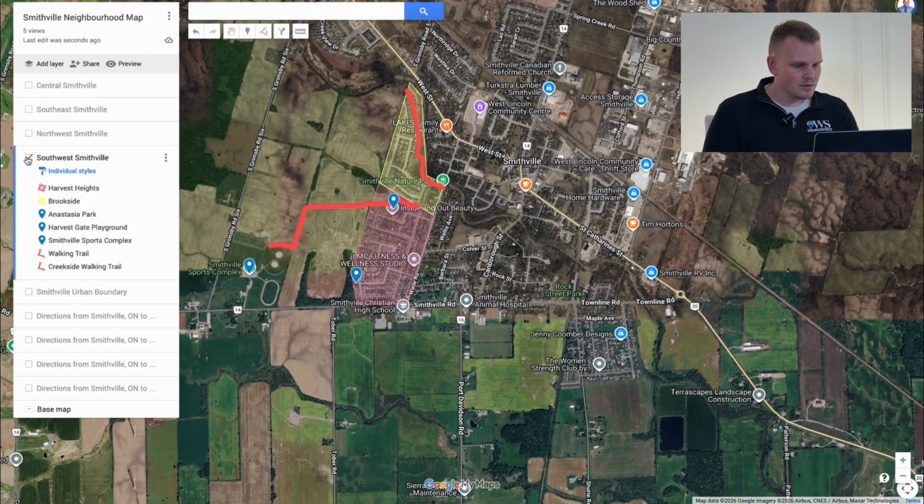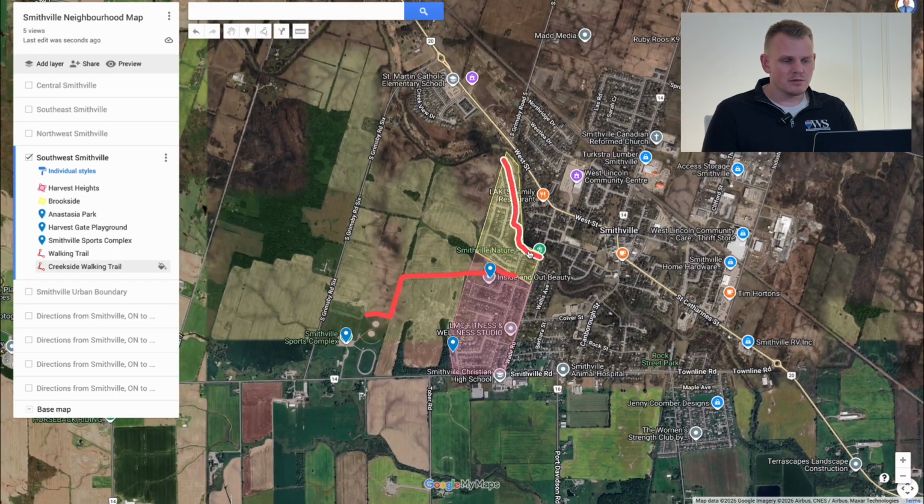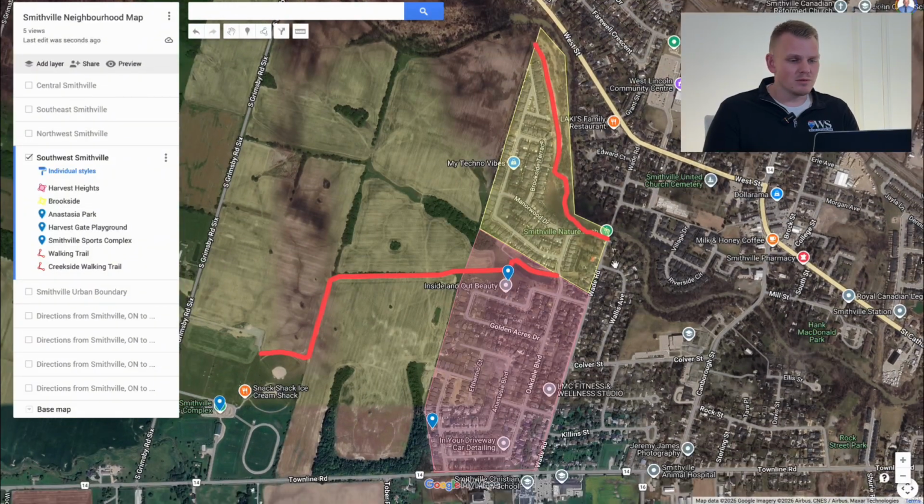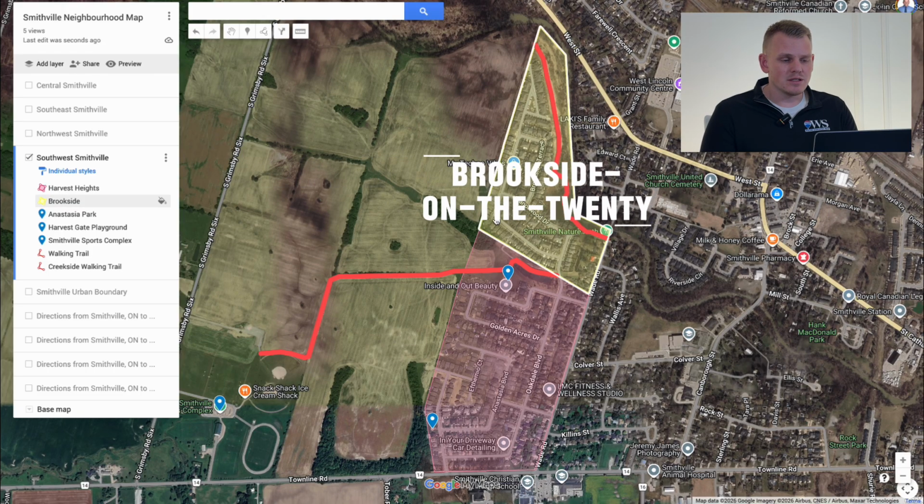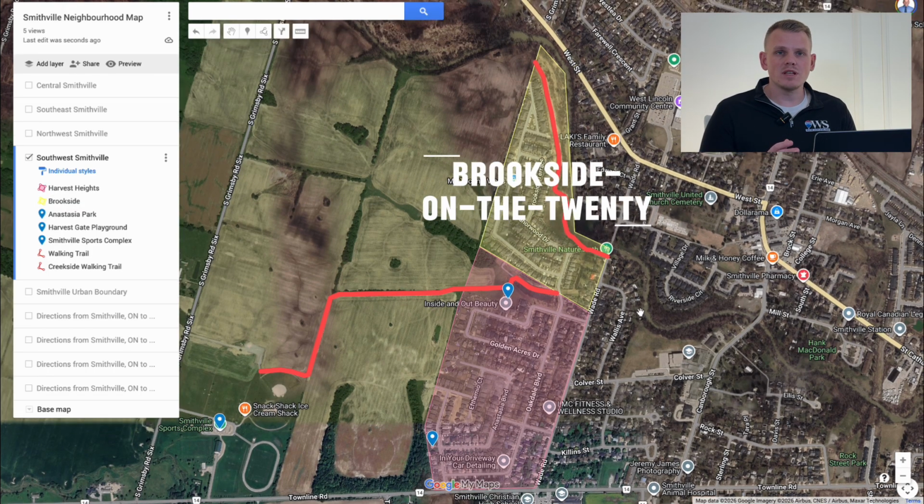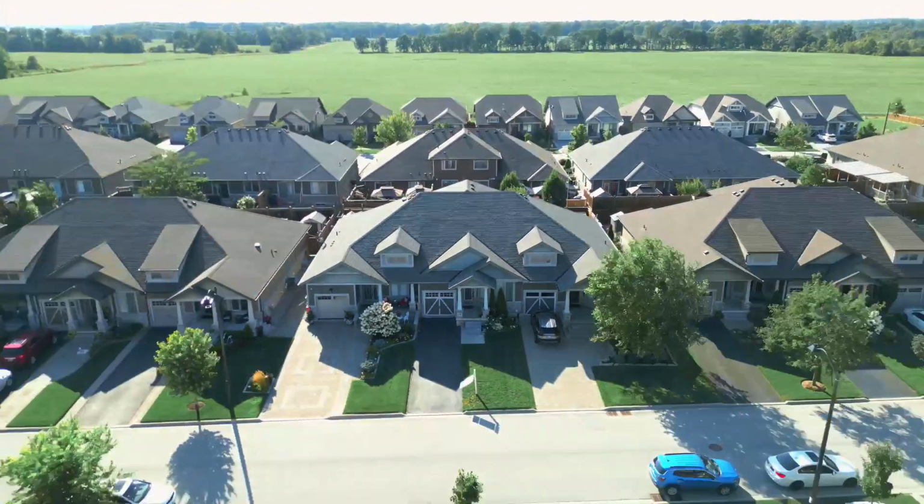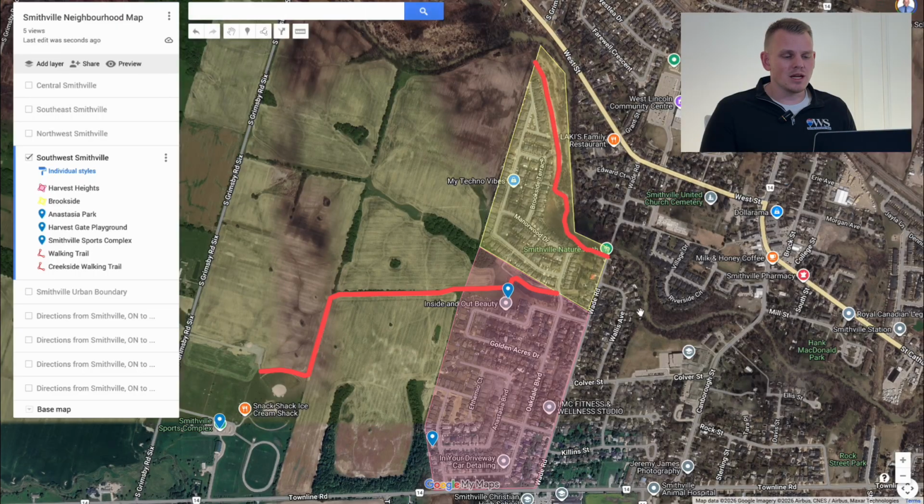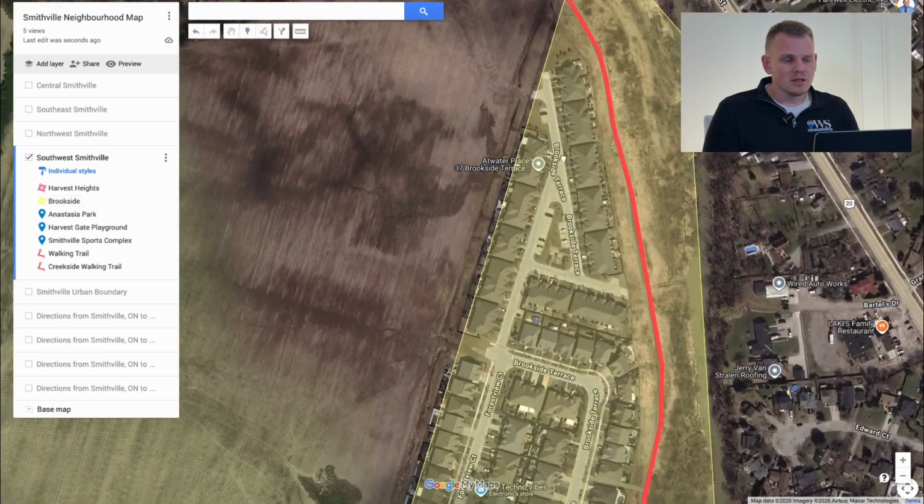into Southwest, this is where we'll go to now with this part of Smithville. So I want to talk about two neighborhoods in Southwest Smithville, very distinct neighborhoods. One is Brookside Terrace, or Brookside-on-the-Twenty as it's called. These are newer homes that were designed for more retirement and downsizing living. It includes a lot of semi-detached, also townhomes and detached bungalows. So they're all bungalows in here, as well as right at the top here is a condo development with